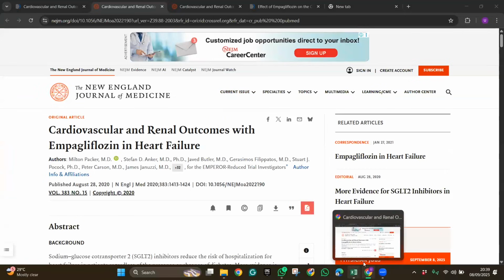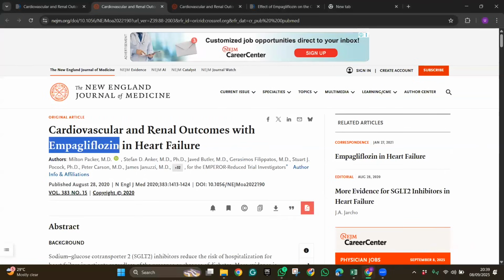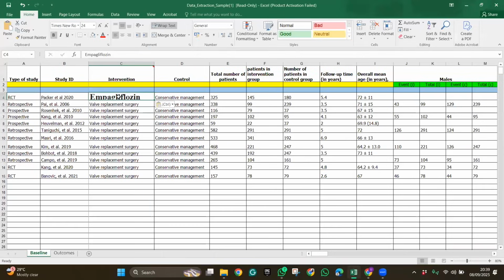So what I will do is I will write, I can simply copy it. Okay, so this is our intervention. The fourth table is for the control group. You have to specify what your control is. If your control is placebo, you'll write placebo over here. If your control is any drug other than placebo, then you're going to write the name of that particular drug,